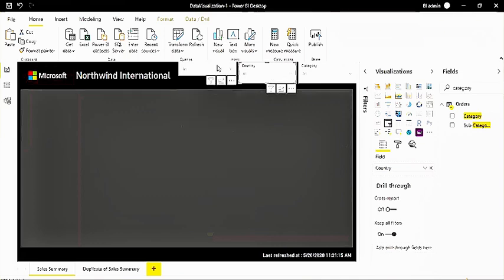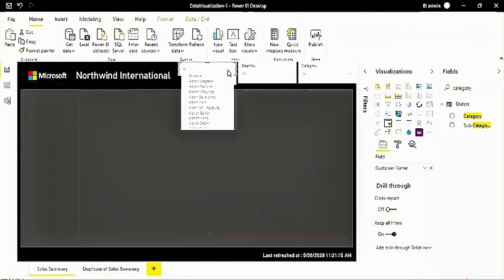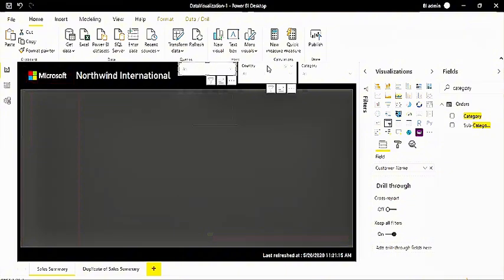So you need to be very careful, because sometimes people hide the header and then they say we don't have any functionality to clear. That's because you have disabled the slicer header, and these two things come with the slicer header only.